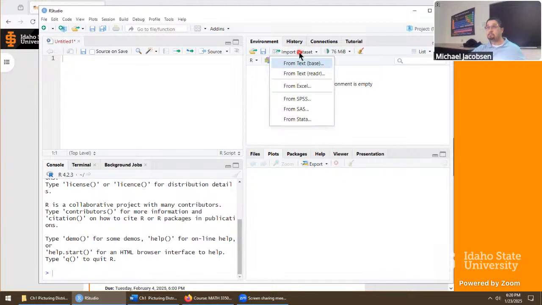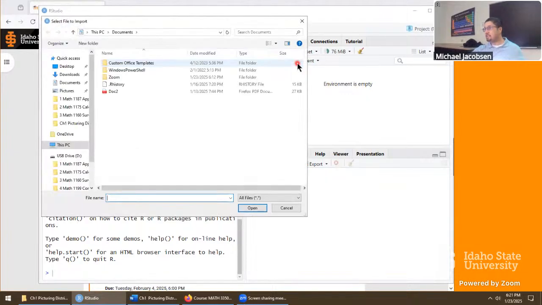Once you click on this, you automatically want the first option. So my files I'm going to share are going to be made in a way that it's ultra compatible and very intuitive to import into RStudio. So click on that. And now you'll have a file picker. So we're trying to go to wherever you saved that file.